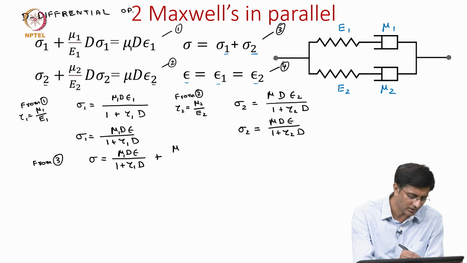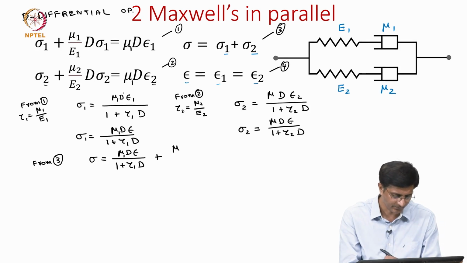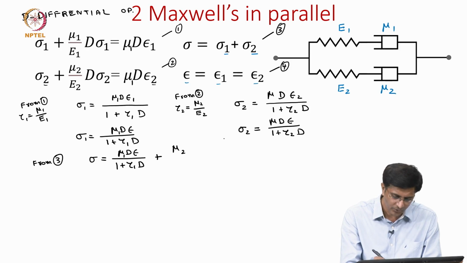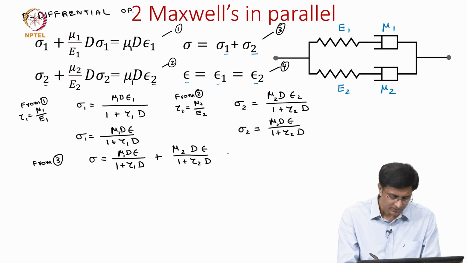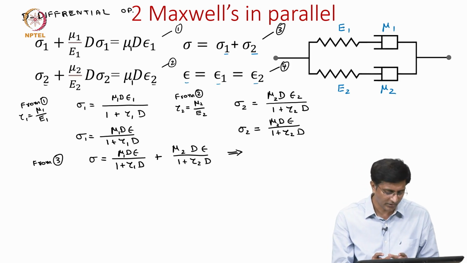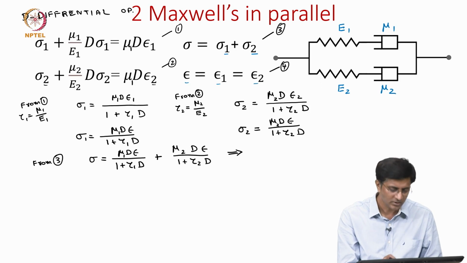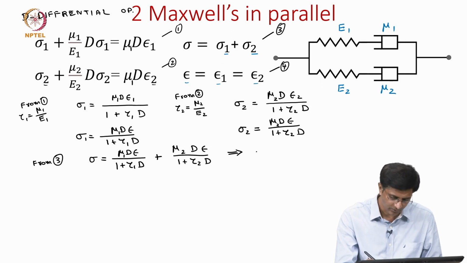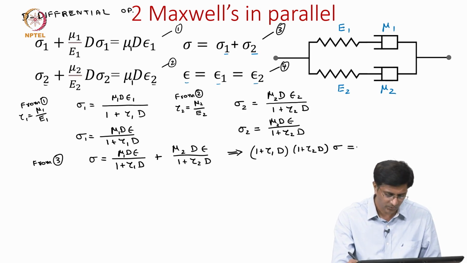Even in the equation here it is missing, so let us write it, okay, and mu 2 times d epsilon divided by 1 plus tau 2 d. So, this we need to do a little rearrangement so that we can send these d's to the stresses. So, it will be 1 plus tau 1 times d times 1 plus tau 2 d times the stress equals